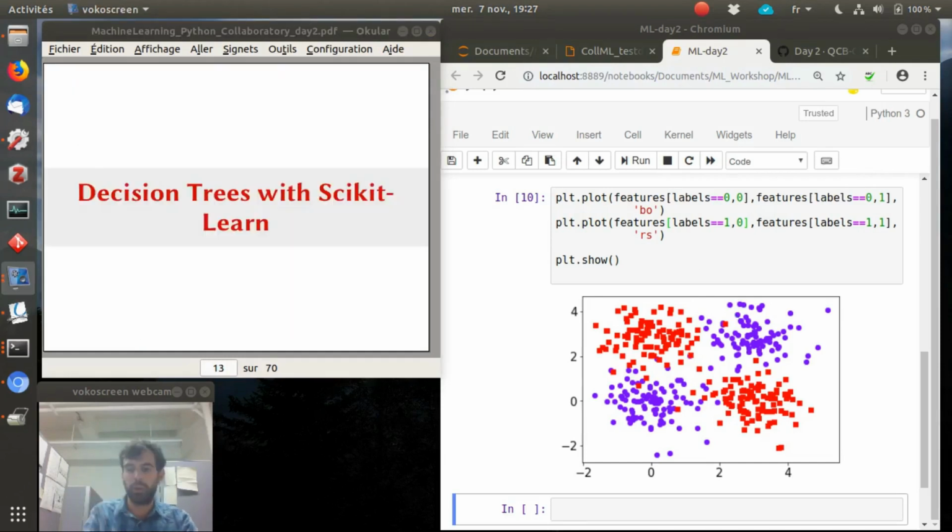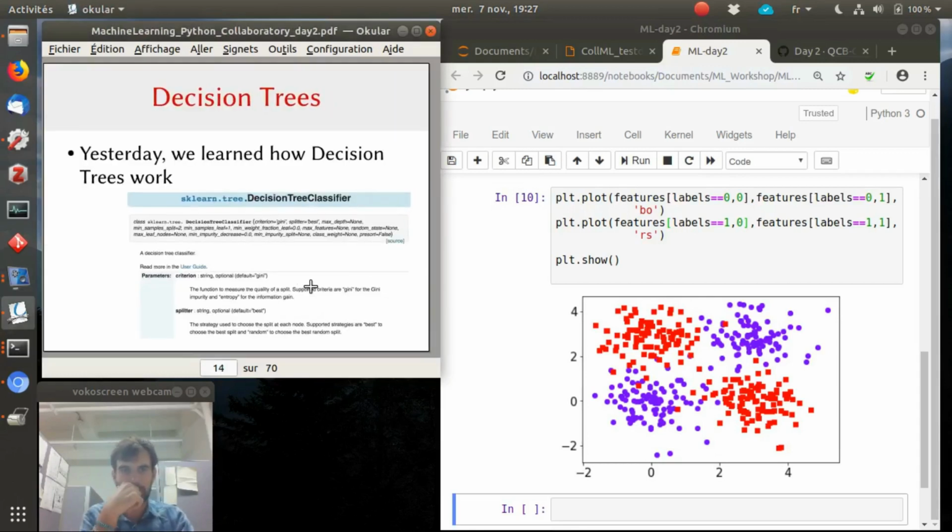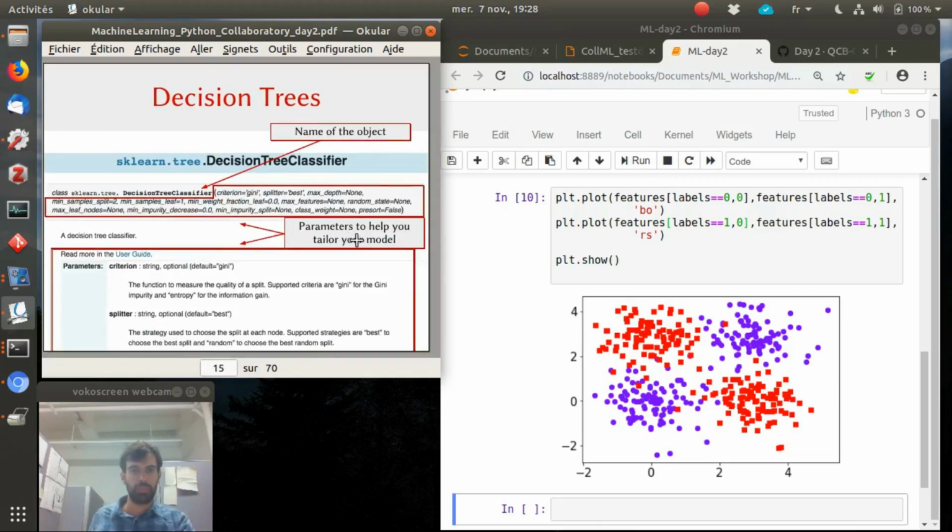Okay, so let's build our decision tree here. Yesterday we saw how to make a decision tree. It's in the sub-library tree of scikit-learn, and we're going to import DecisionTreeClassifier. Just so, that is a screenshot of